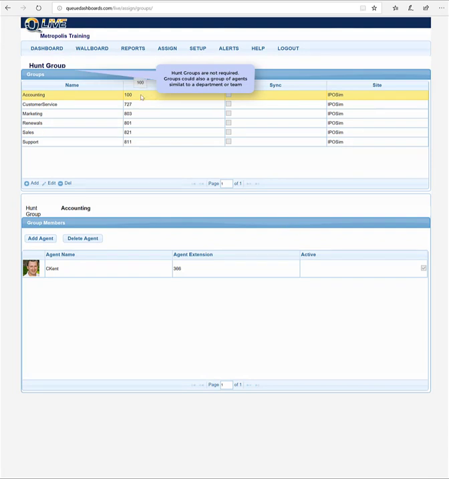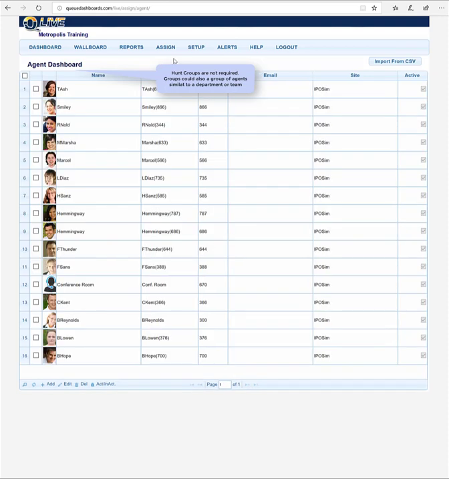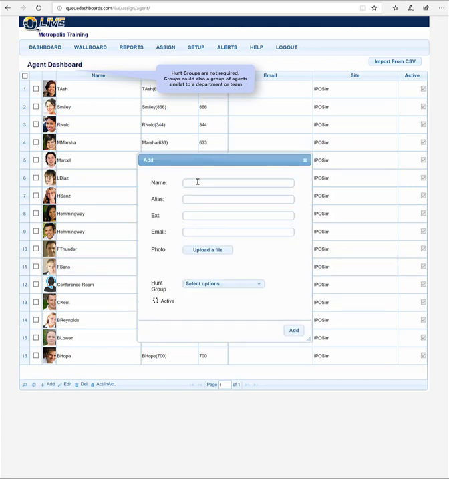Okay, so that's setting up groups. Also creating new agents. Under Assign here, you'll notice I have 16 different agents configured within QLive. If I needed to add a new agent, I simply go down to the bottom of the screen and click Add. I would enter their name and their alias, this alias being their URI or